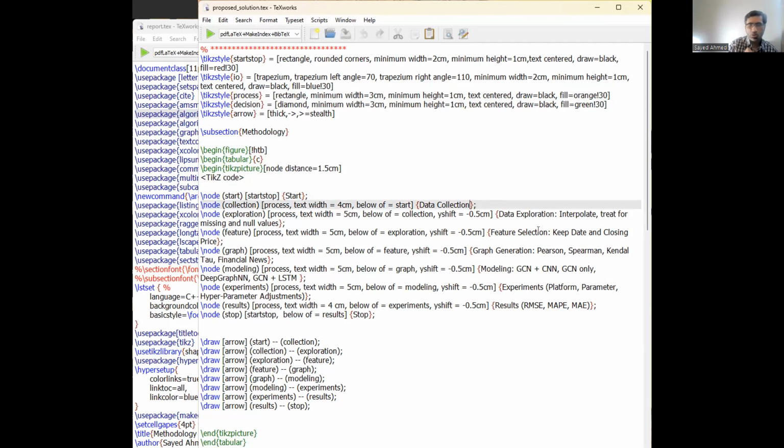Data collection. So in my case, I can suggest scrape data from Yahoo Finance using yfinance. Okay. In the methodology diagram, you need to give core information, not all the information.